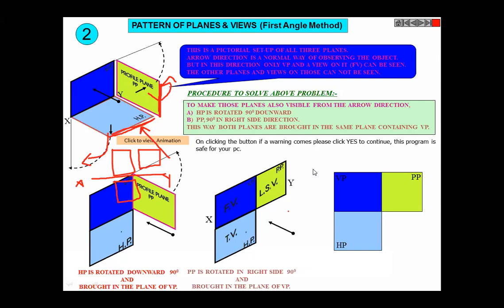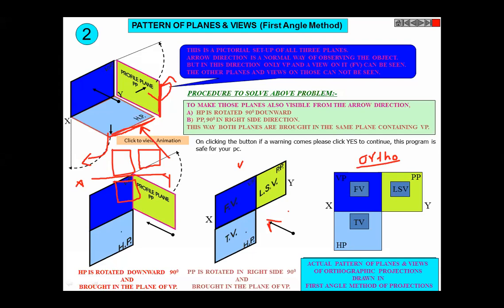Now this is still an oblique view. So this is the correct orthographic: what if you see it from the perpendicular direction, how will it look? That is the orthographic view. This is also orthographic, but it is still a pictorial representation, not exactly orthographic, because it is being shown at some angle. So this is the XY line. This will be your front view, this will be your top view, and this will be your left-hand side view. This is the first angle projection method.